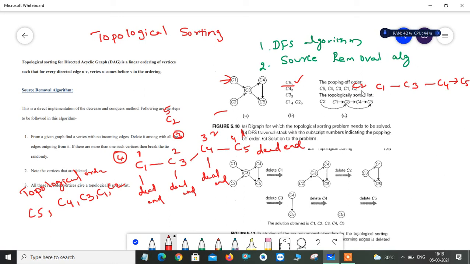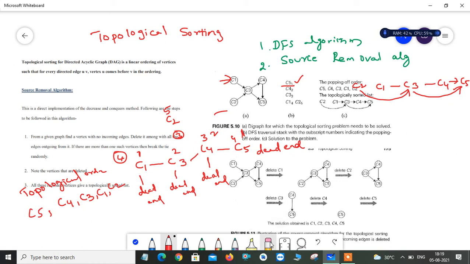But you can observe that C2 can be visited before C3. Right? See what this graph will say. Now you have an edge from C2 to C3. So now you have to place C2 before C3. And you can find out that for C3 we have two, that is C4 and C5. So before C4 and C5 you must have C3. So from C3 to C4 you have a directed edge, and then this one. So this is a topological sorting by using a DFS algorithm.